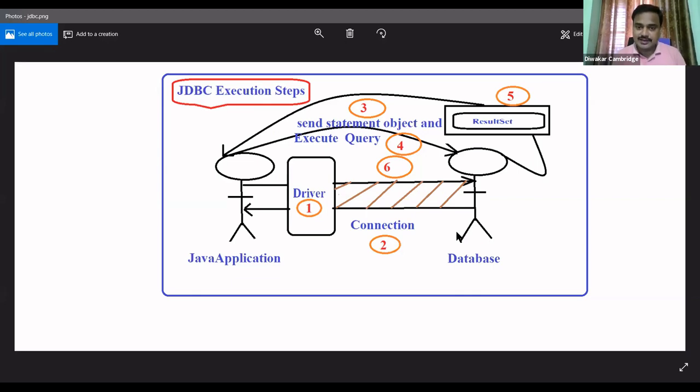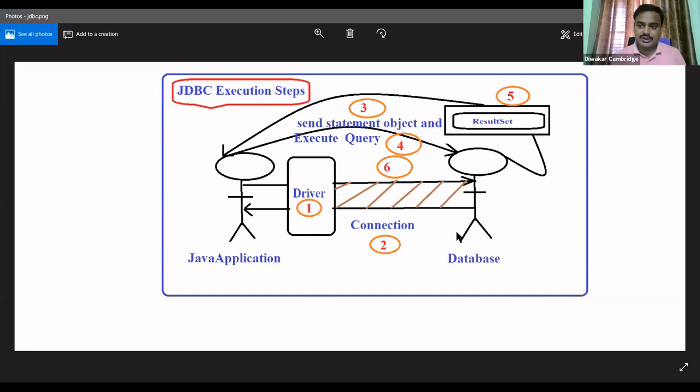What is the first step? You have to load and register a driver. Second step, you have to establish a socket connection. Third step, create a statement object and send it. Then you have to execute the query in the backend, that is the database.